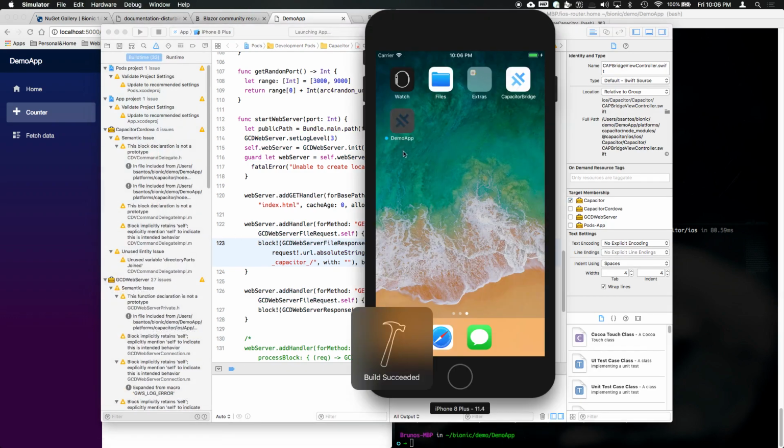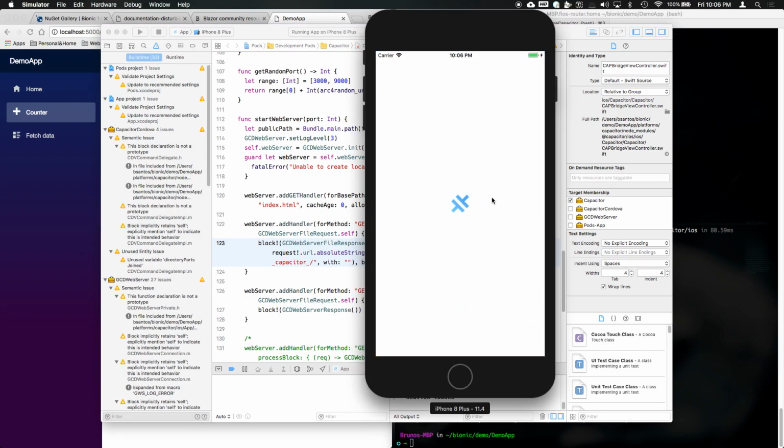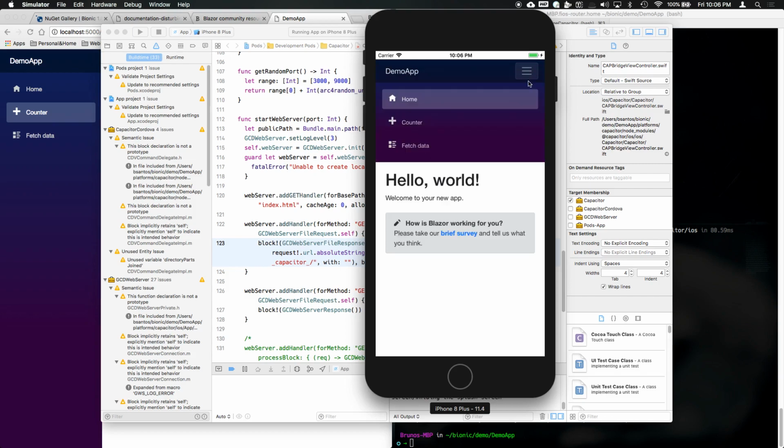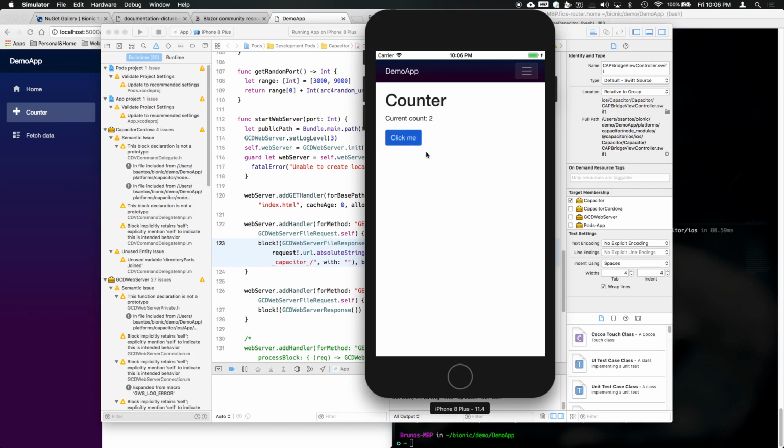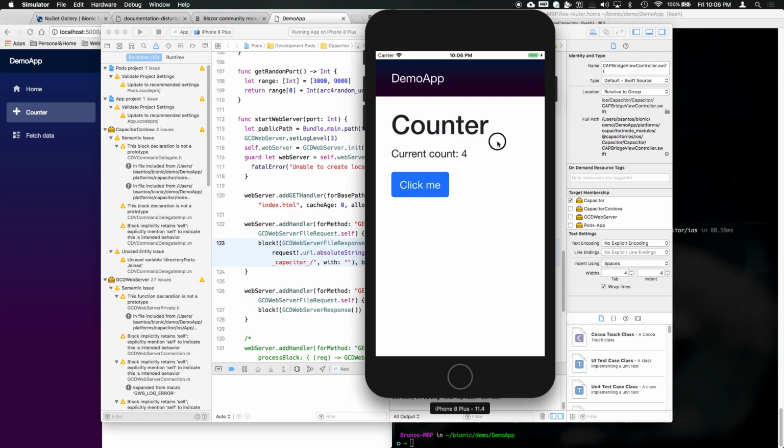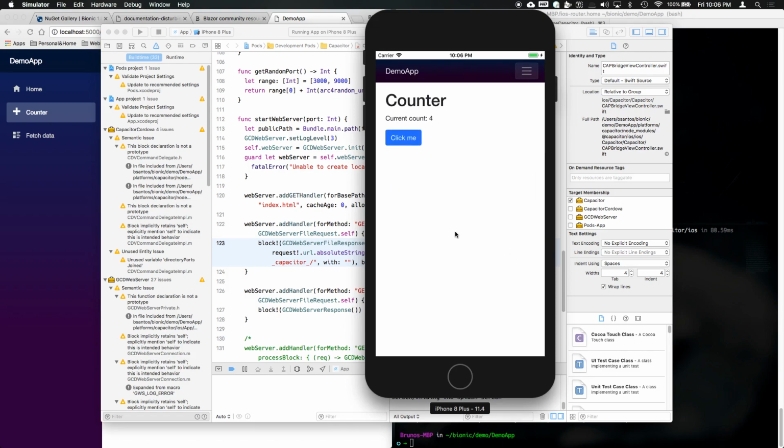If I rebuild and redeploy, I should have what I need. There we go. So that's it. Now, as a side note, iOS still does not support WebAssembly on their web view, which is